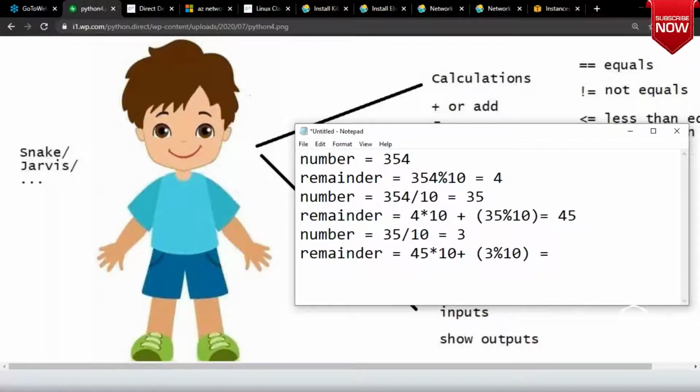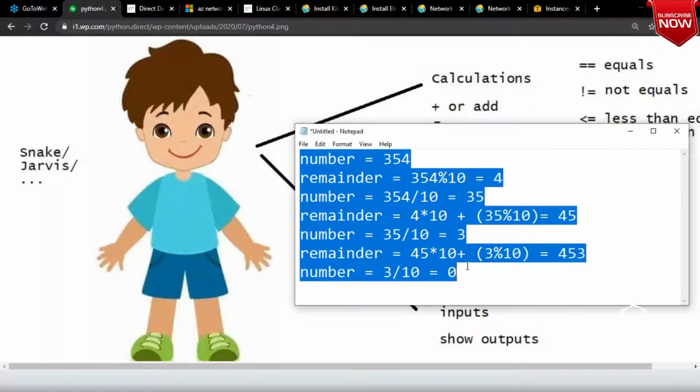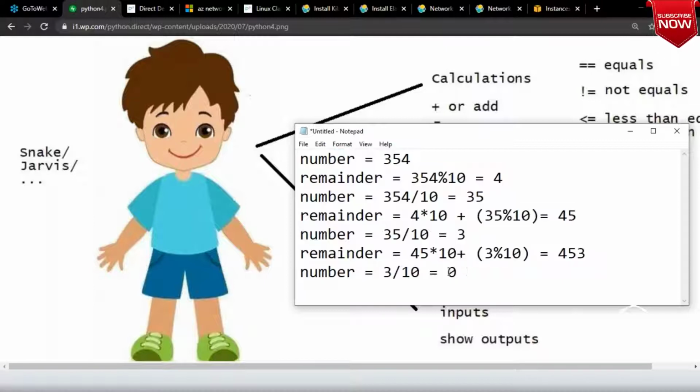So what will it become? 453. Now the number will become 3 divided by 10, which will give you 0. Now till when should your Jarvis try to solve this problem? He should solve this problem till the number becomes 0. Yes or no?